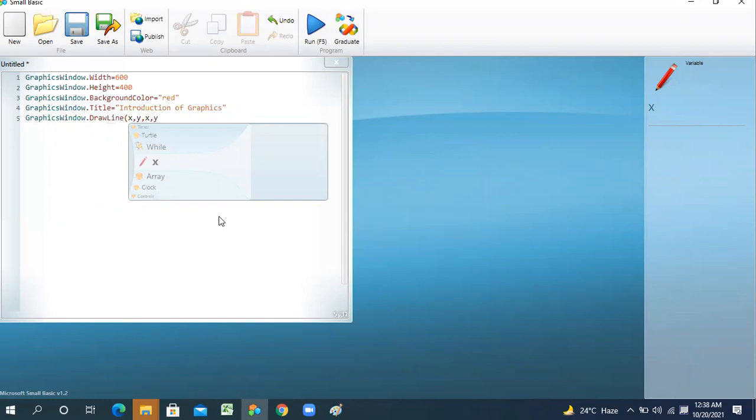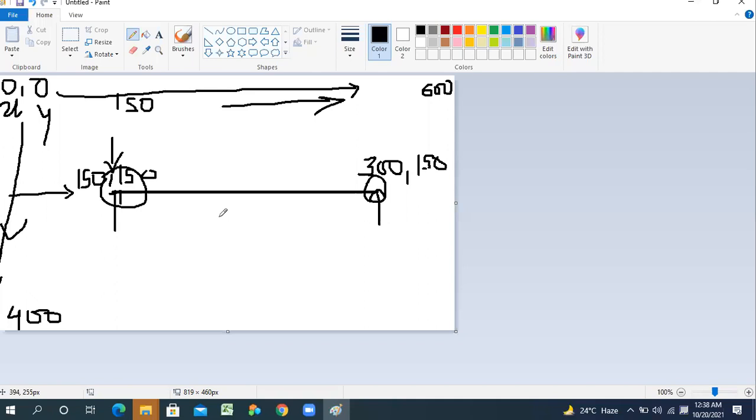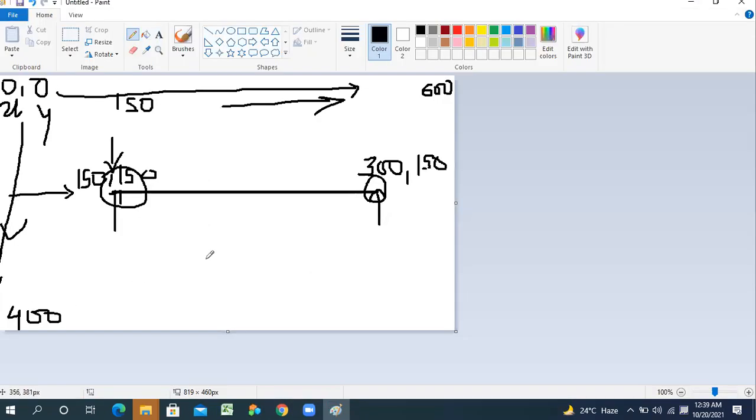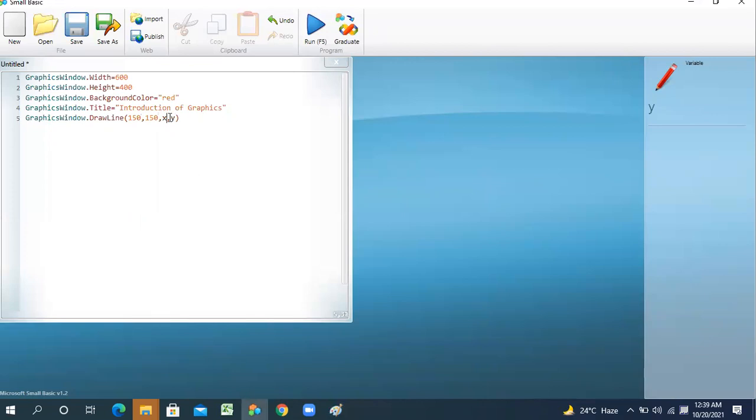This is the syntax. You have to put the x and y values of both points of the line. So what was our x value here? You can see 150, 150: x is 150, y is also 150, and on the second point here x is 300, y is 150. X is 300 and y is 150. Now if I run this,